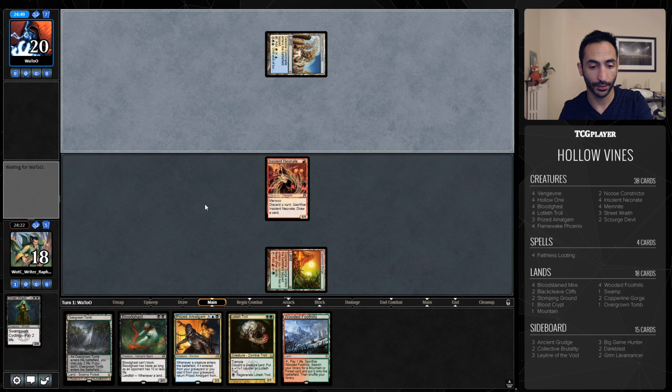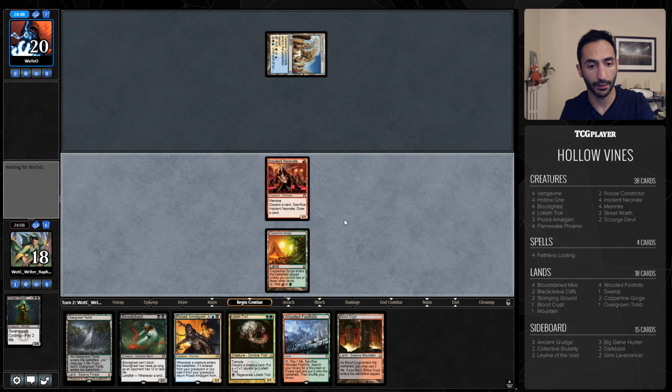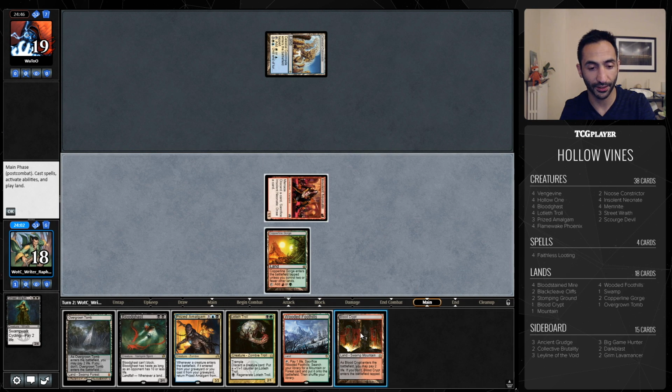Alright, that's another control deck. Okay, so another land. That's unfortunate. So we're going to attack, since I don't think we can possibly play a Vengevine on this turn. And in this game, on the second turn, I